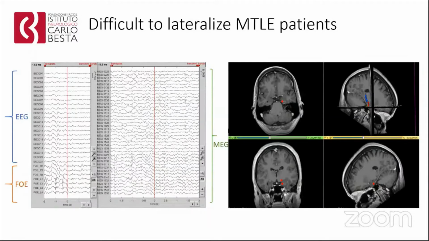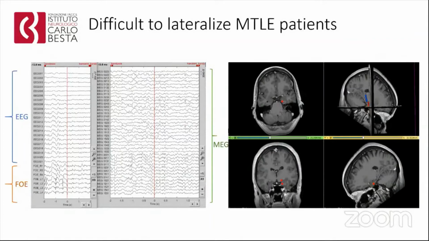It was very useful to simultaneously record EEG and MEG and see what we can see, considering the mesial temporal activity inside. As I show you on the right, you can see where they are placed, very much in the mesial region, not in the hippocampus, but very near.